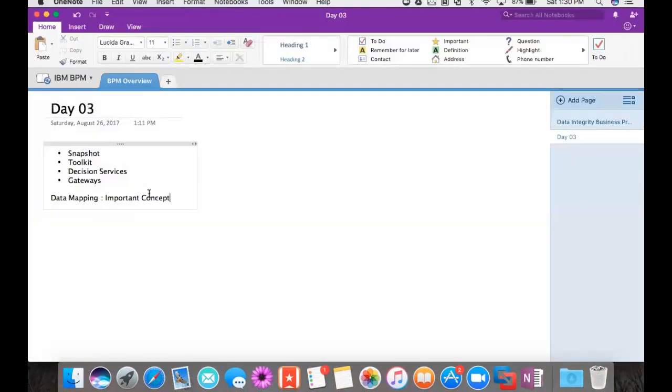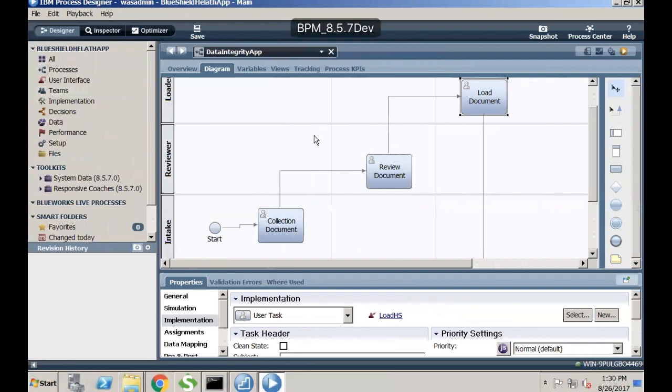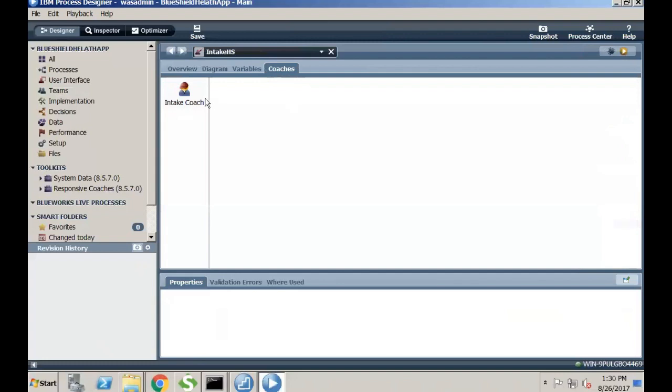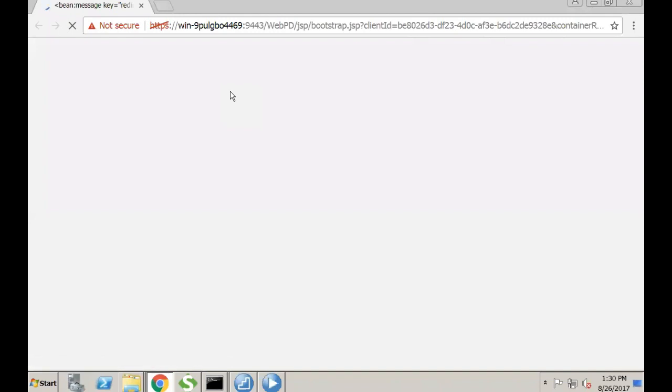Now the question comes, why is data not transferred from one service to another? If you see over here, why is it not getting transferred? Because your data is tied up with the variable. Whenever you are putting data in the intake coach, whatever variable you have defined, if you open the intake coach,